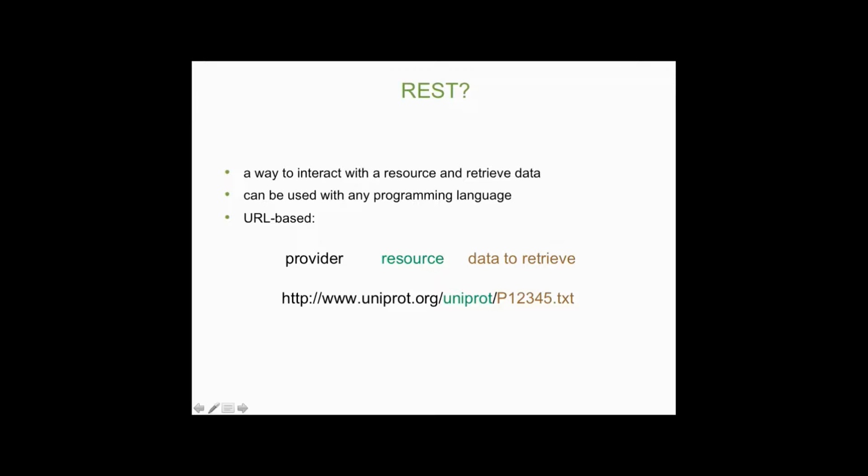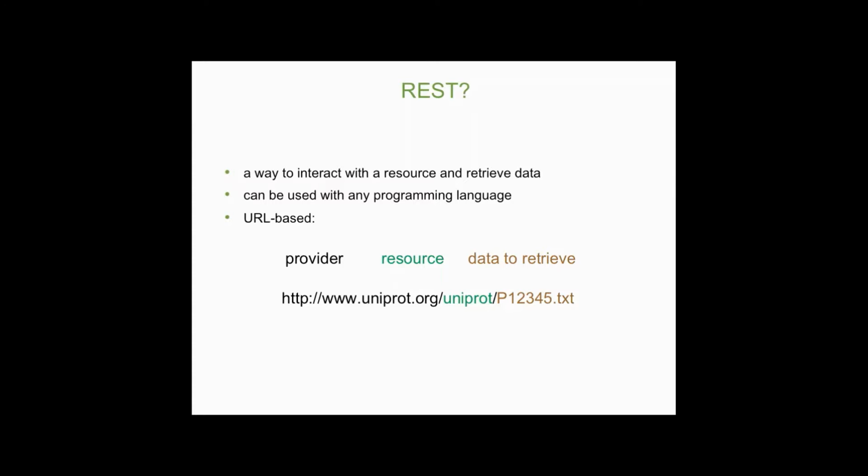This provider can provide one or many resources. Within UniProt, we have one paramount one, which is the knowledgebase. The endpoint is here, uniprot. And then you just append the data you'd like to retrieve. The URL that's given here as an example, you can actually copy and paste into your browser, and you will see the result. And this is a REST interaction,